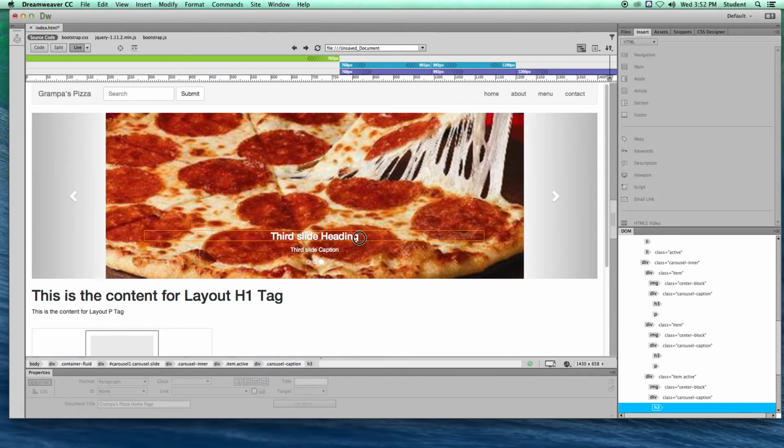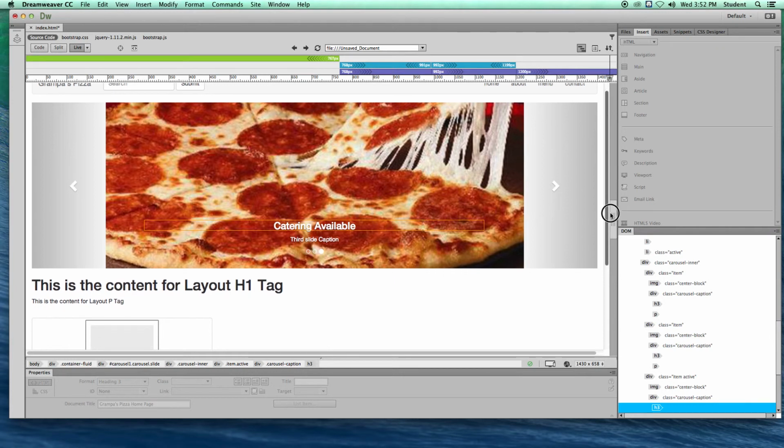Once again, highlight that, change that. Okay, and change the paragraph text if I want to for that. Not too bad. Let's scroll down a little bit here,